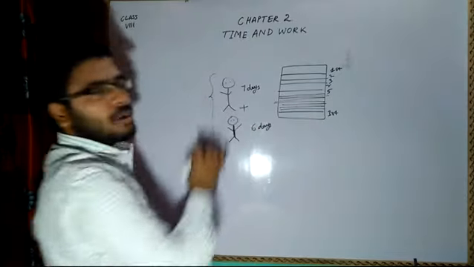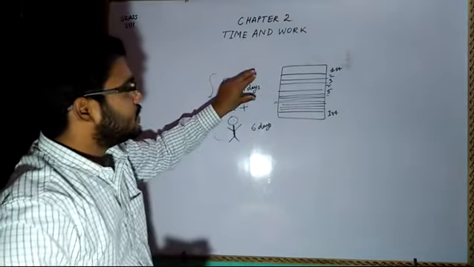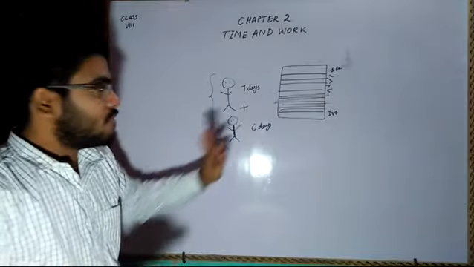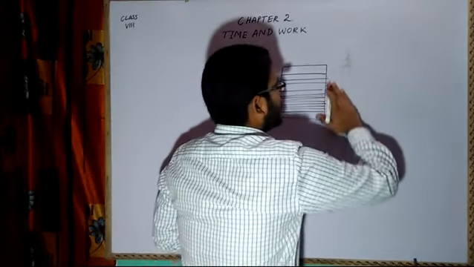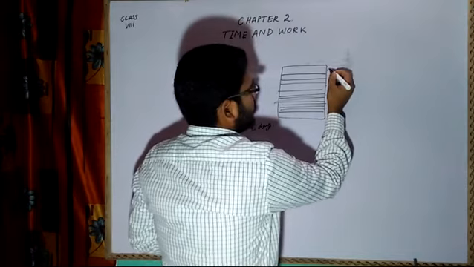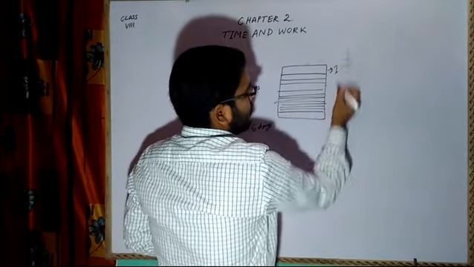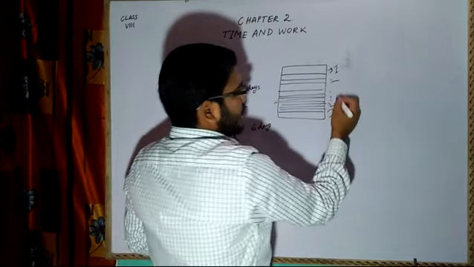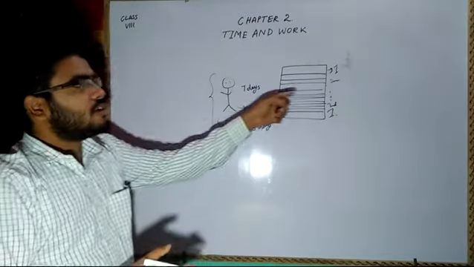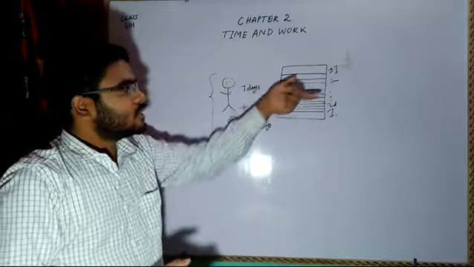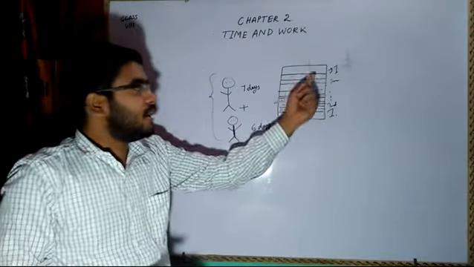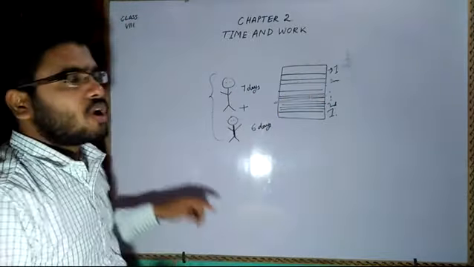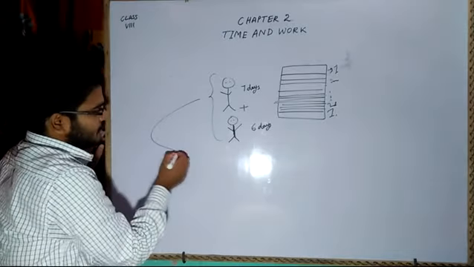Both of them completed the work, working for a certain number of days, not exactly 5 or 7 days. They worked the first day, second day, and then finally they came together and finished the work. I know it is a bit complicated to explain with the diagram. Now with the statements, how you are going to do it will be very easy, my dear students.